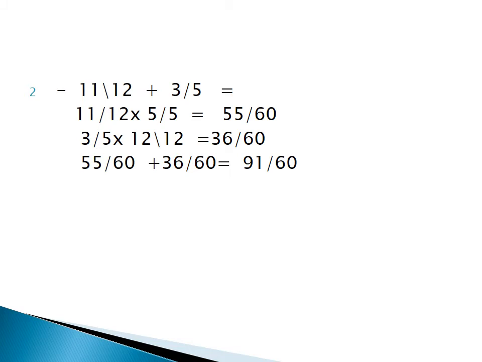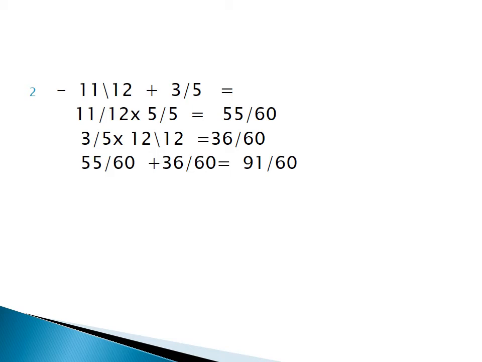Now let us see one more example. Again, you have to add the unlike fractions. First fraction is 11 by 12 and the second fraction is 3 by 5. Both are unlike fractions. First of all, write 11 by 12 multiply by the denominator of second fraction, that is